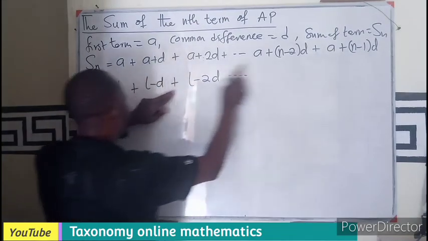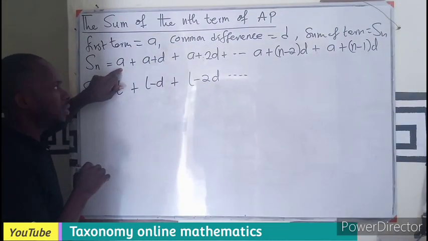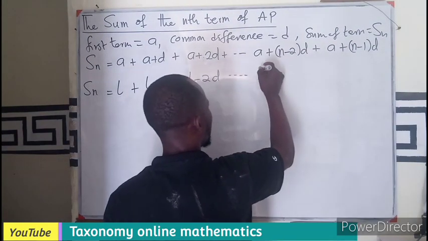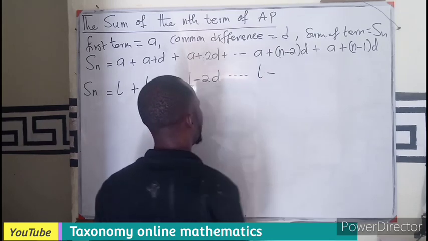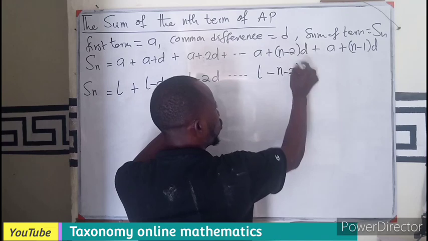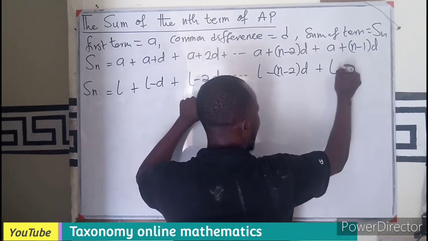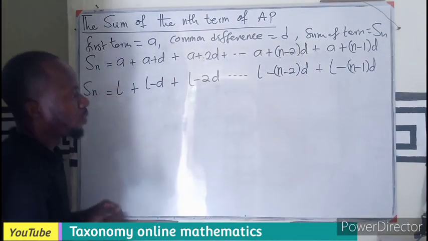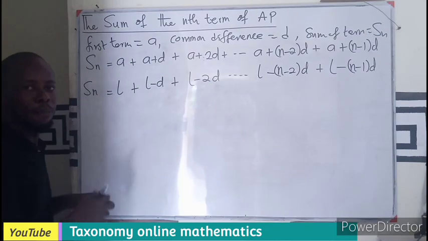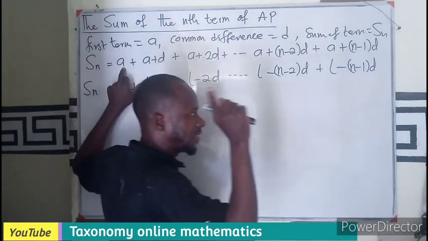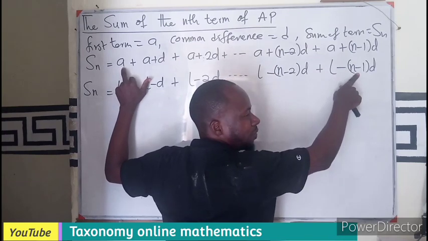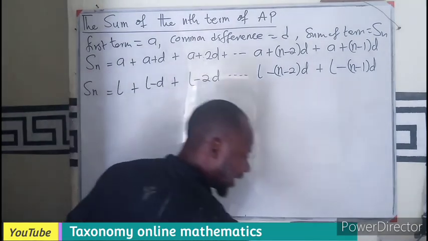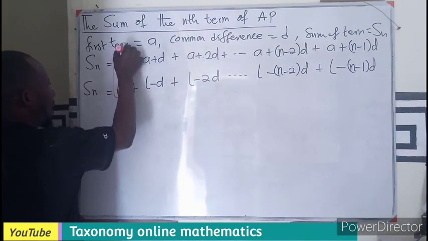So we are left with only two terms, which are also having our A and what? AD. So this could also be our last term minus n minus 2d plus last term minus n minus 1d. What we are seeing here is the A. The A is what? The first term. And the last term minus whatever number of terms you are subtracting give you still your first term. So in this addition, adding this together,